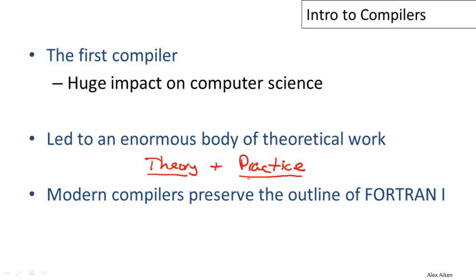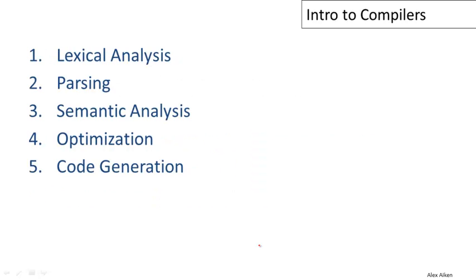And the impact of Fortran was not just on computer science research, of course, but also on the development of practical compilers. And in fact, its influence was so profound that today modern compilers still preserve the outlines of Fortran 1. So what was the structure of Fortran 1? Well, it consists of 5 phases: lexical analysis and parsing, which together take care of the syntactic aspects of the language;